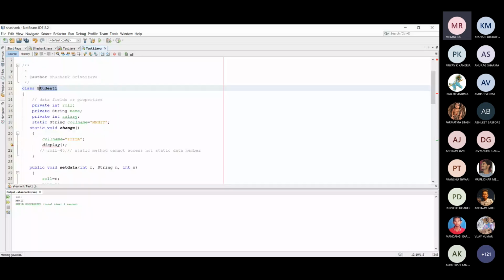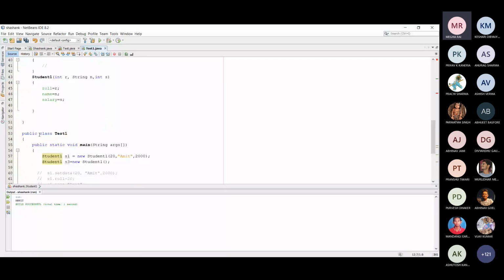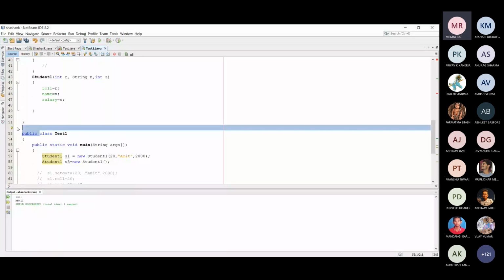And what is the significance of the public keyword? Public means this class is accessible from anywhere, even outside of the package. Anyone can create the object of this particular class. Okay, sir.